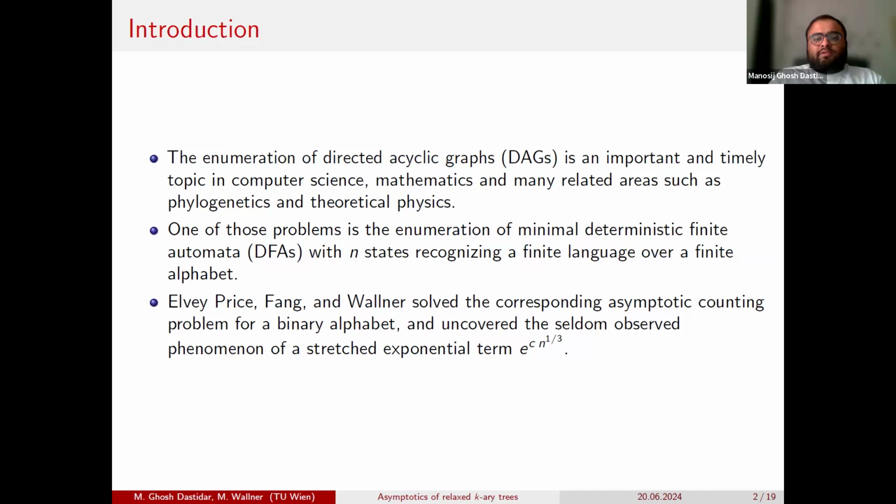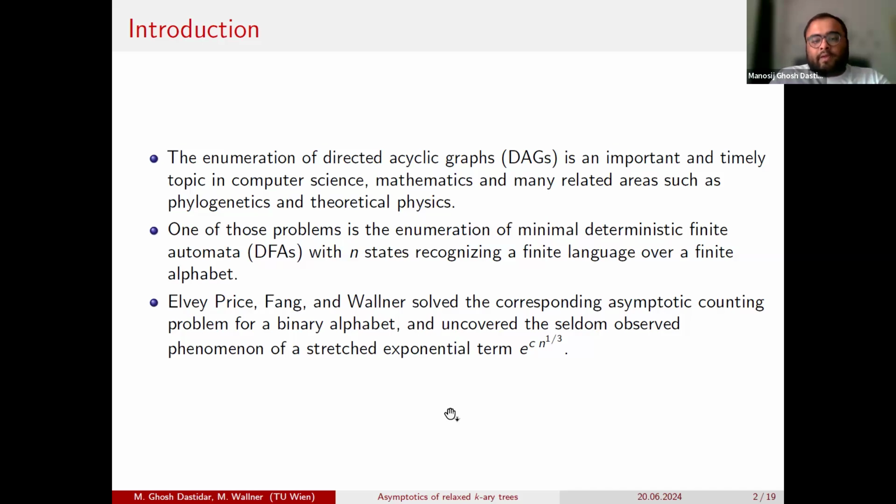One of these problems is the enumeration of minimal deterministic finite automata, or DFAs, with n states recognizing a finite language over a finite alphabet. Previously, L.V. Price, Fang, and Wallner solved the corresponding asymptotic counting problem for a binary alphabet, and they found a very rarefied phenomenon, which is the stretched exponential.